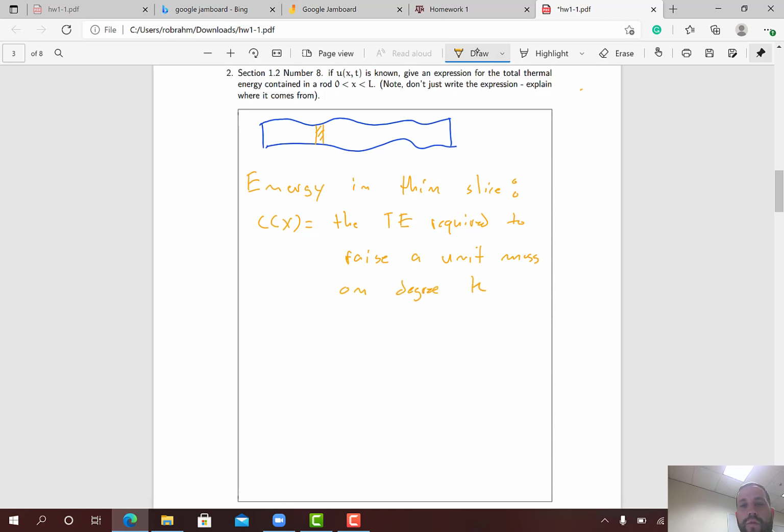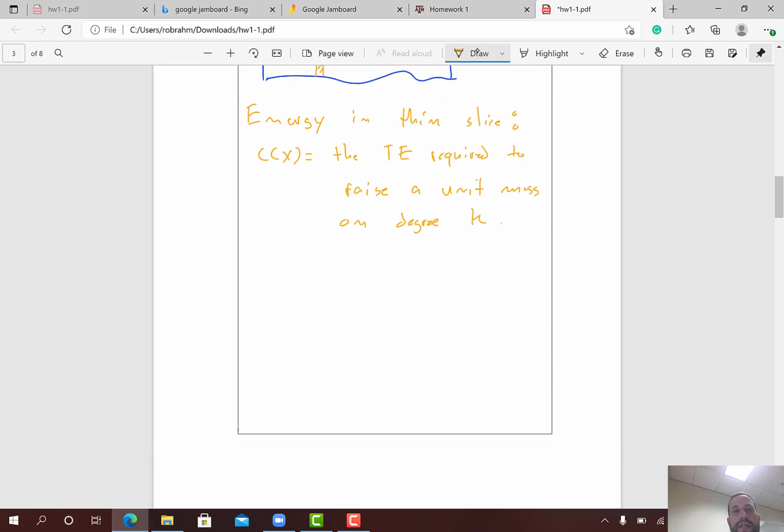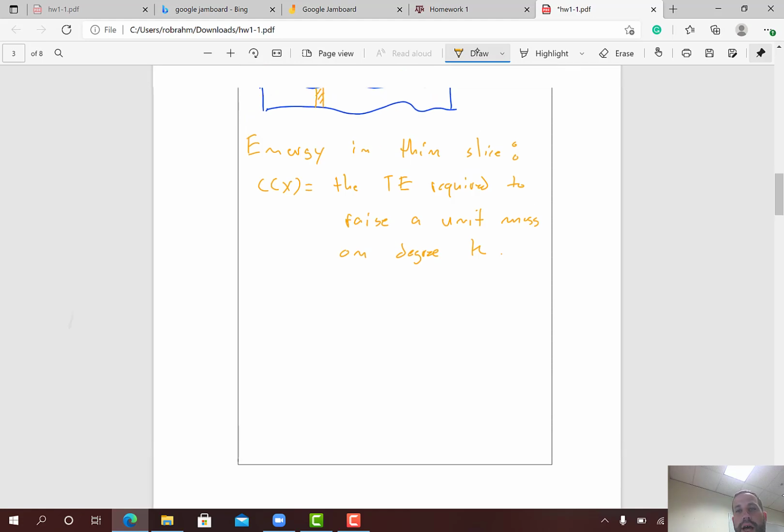And again, we're just going to assume we're using Kelvin or Celsius here. So the energy in the thin slice is the thermal energy that is required to raise a unit mass